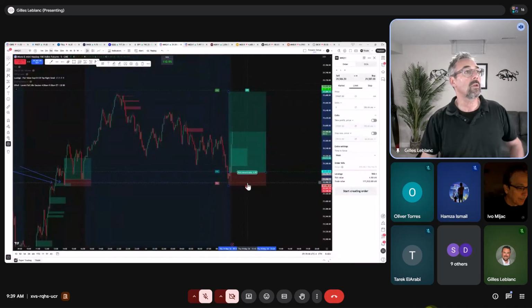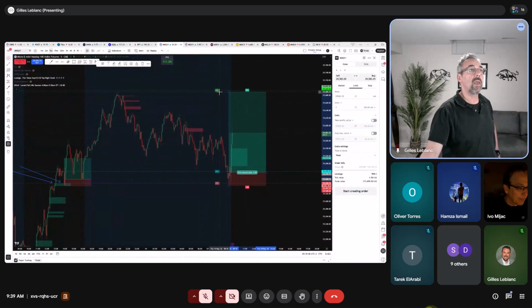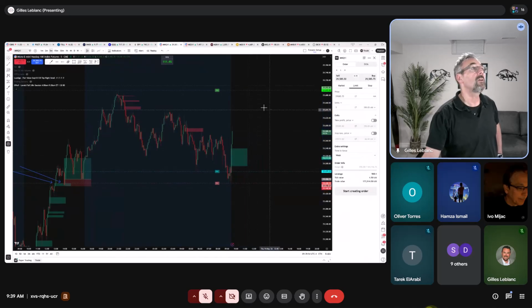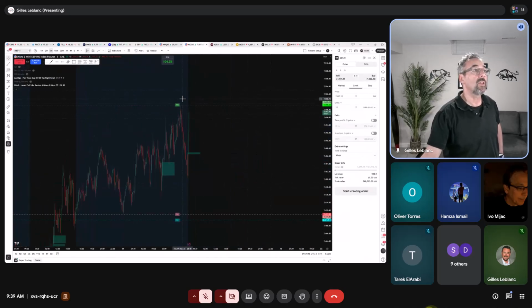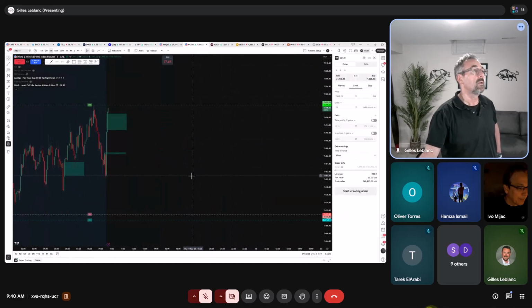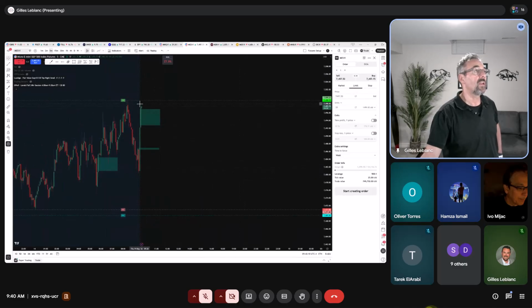I'm really interested in seeing what happens with MNQ at the highs. Let's take this off. And with MES, same thing. Do we just keep ripping? Do we break out above a pre-market high here and then come retest it for a long? At this point, it does seem like we are strong. These are 2 very big fair value gaps.